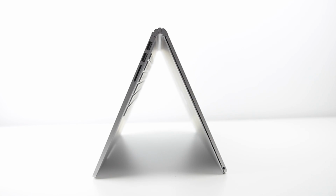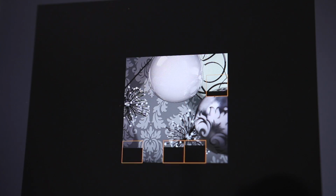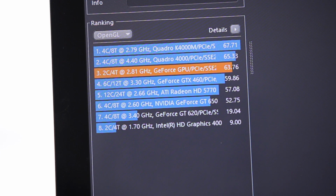But now that it is removed, you can also redock into tent mode, presentation mode, or clipboard mode, which is like tablet mode but with more battery life and more bulk. Now, let's talk performance. Real-world usage is important to me over everything else, but for those looking for benchmark scores,